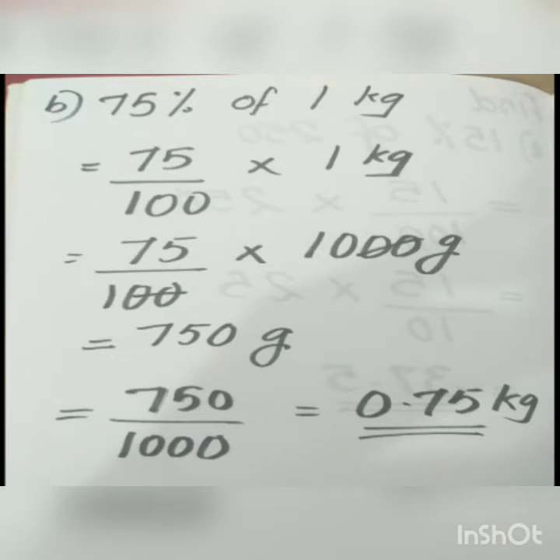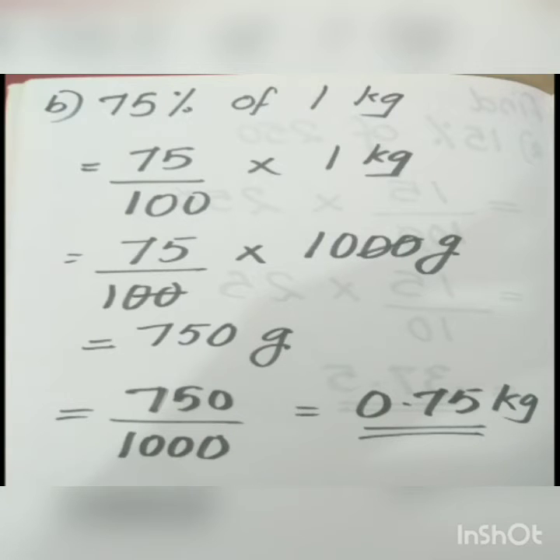Now cancelling out the common zeros. Here 2 zeros, here 2 zeros we can cancel. Then here 75 is remaining, here 10 is remaining. So 75 into 10 you will have 750 gram. Now in the question it was expressed in kilogram, so if you want you can express it back in kilogram itself. For converting to kilogram we know it is dividing by 1000. So 750 divided by 1000 you will get 0.75 kilogram.